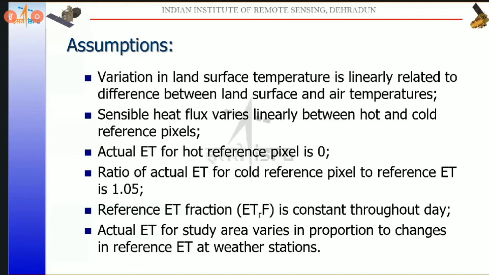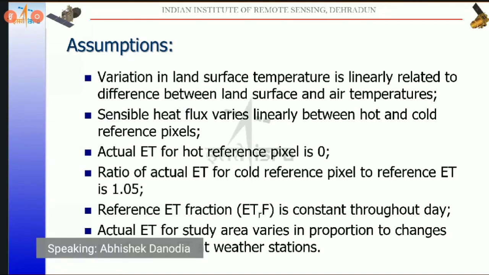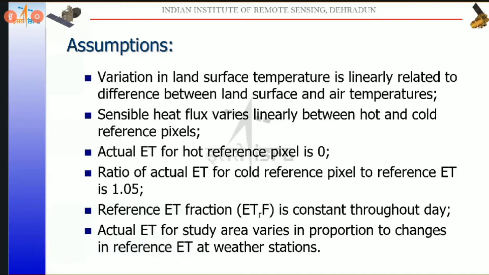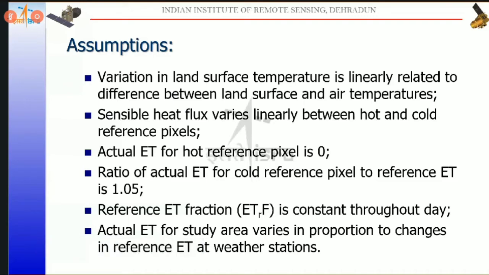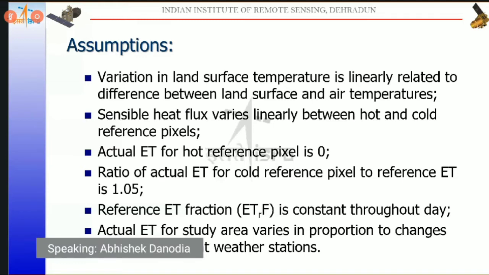It means there should not be any abrupt changes in their variation from point to point on the land surface and air temperature. Then sensible heat flux varies linearly between the hot and cold reference pixel. The hot reference pixel is simply a crop area, cropland, which has the minimum LE or maximum H value, whereas the cold reference pixel is just the opposite, the maximum